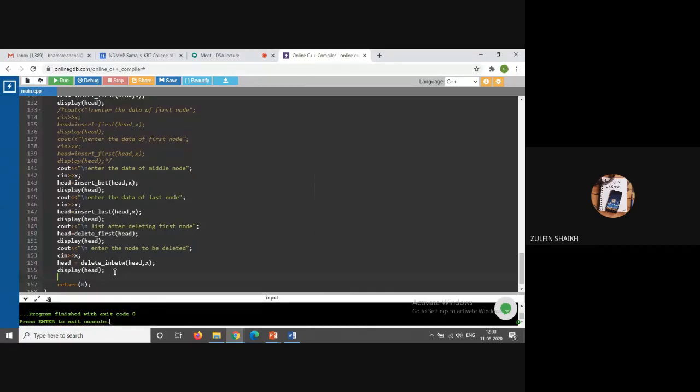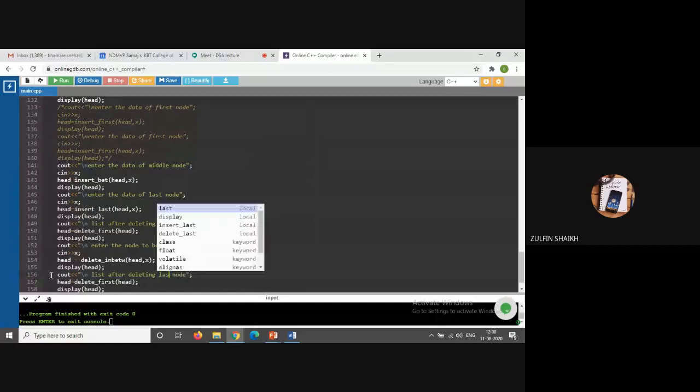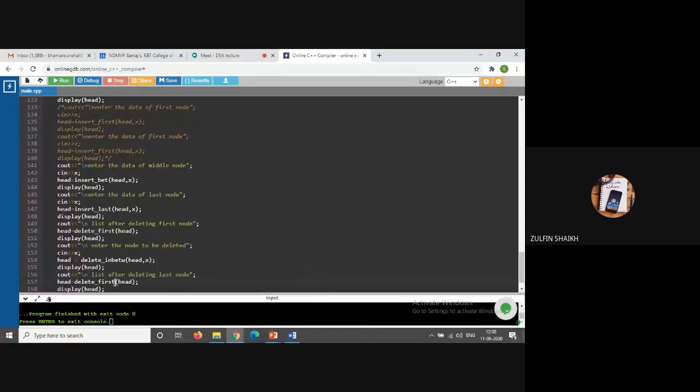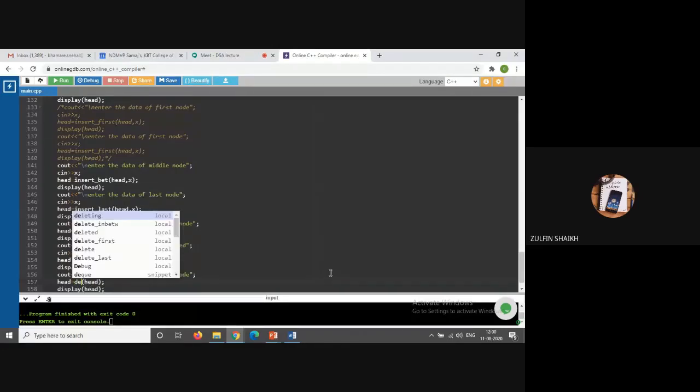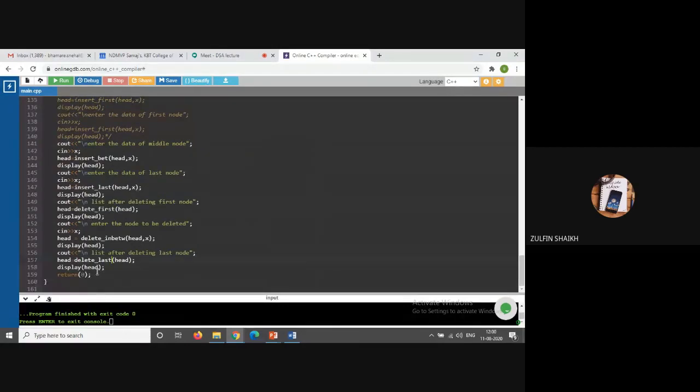After this delete, you just display a message, that is, list after deleting the last node. Okay, and here I will call the function delete at last, and then the display function, right?